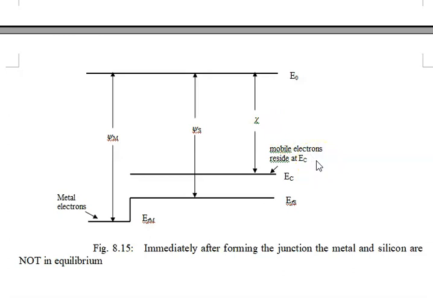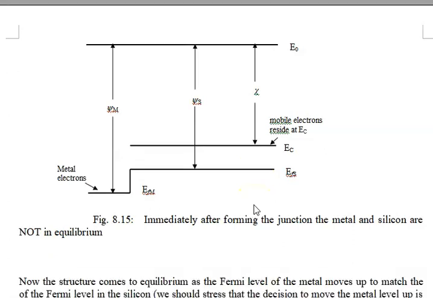Now when we bring the two materials together, the Fermi levels must coincide. They must become congruent because the Fermi level of the structure is straight and horizontal. So somehow this E sub F has got to move up. E sub Fm moves up. E sub Fs moves down. Or they both move and they somehow come together. And that's a big deal. And when that happens,